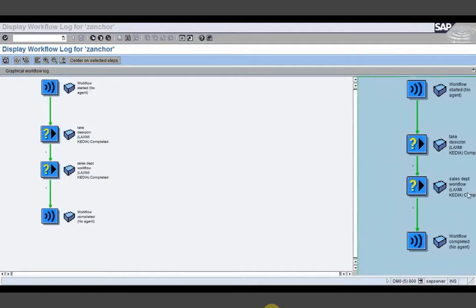Fine. Now I will show you how to work with a sub workflow and why we need a sub workflow. Do you know about function modules, perform, subroutines? We make a small module, a function module, and use that function module in different programs. I'm just calling that function module, reusing it in different programs or different function modules.